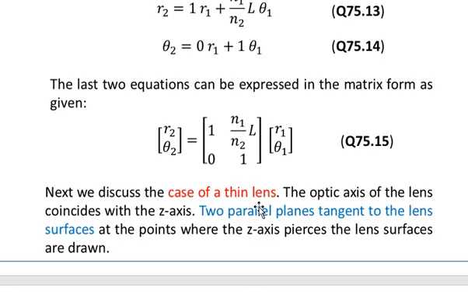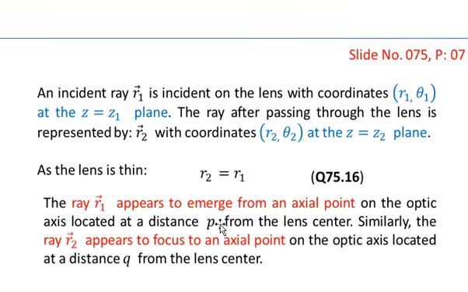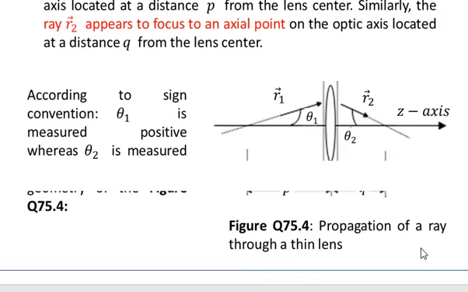Next we discuss the case of a thin lens. The optical axis of the lens coincides with the z-axis. Two parallel planes tangent to the lens surfaces at the points where the z-axis pierces the lens surfaces are drawn. Let me show you first the geometry of the propagation of a ray through a thin lens. R1 is the ray which is incident on the thin lens